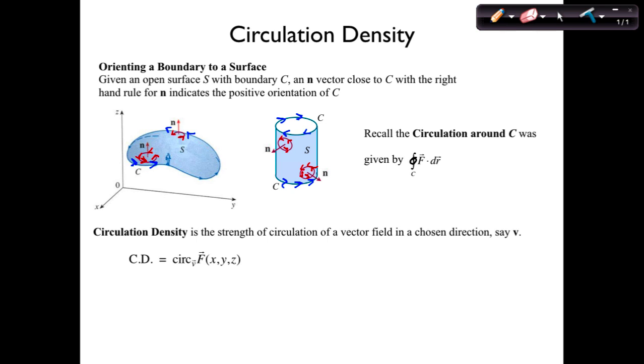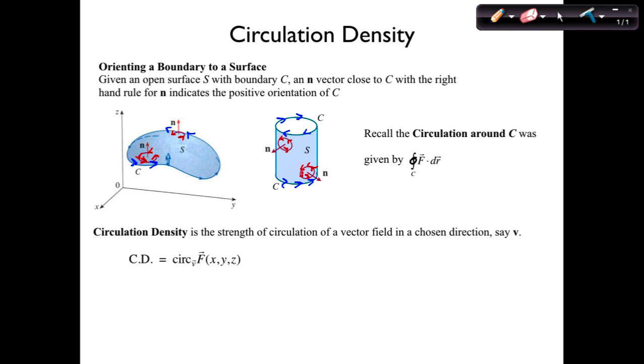But anyway, circulation density is the strength of the circulation field chosen in a direction, say V. So what direction is V relative to the rotation? Consistent with everything that we've done, if that circulation density is in a direction V, say it's this way, then what direction of rotation are we talking about? In the plane orthogonal to V, right? Just like everything we've done all semester. So if you're choosing V to be circulation density,